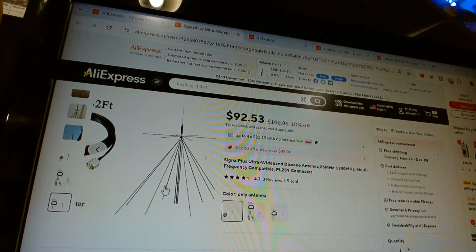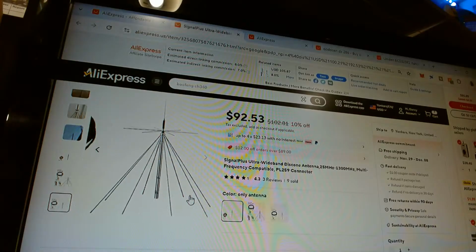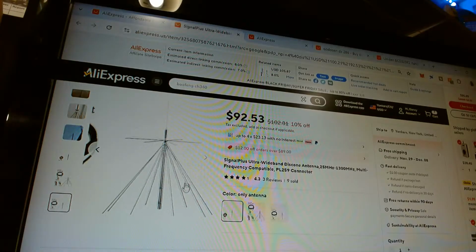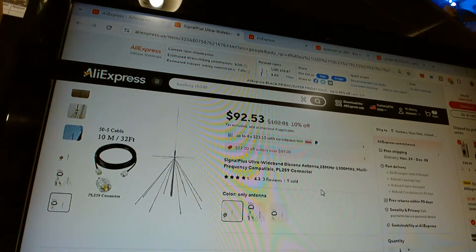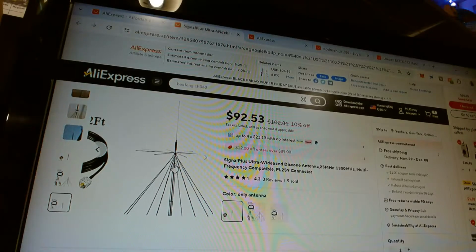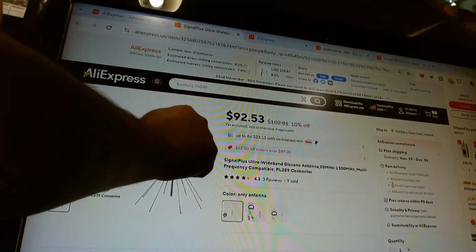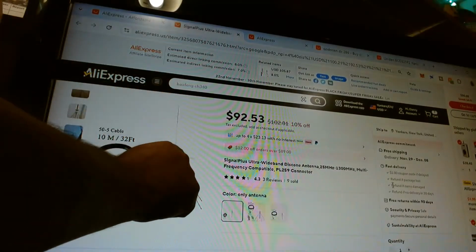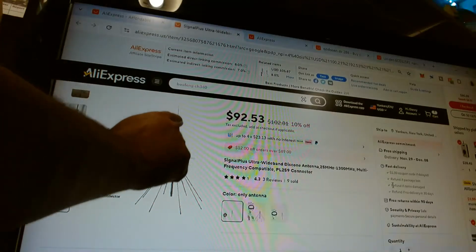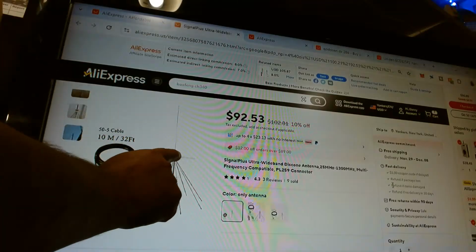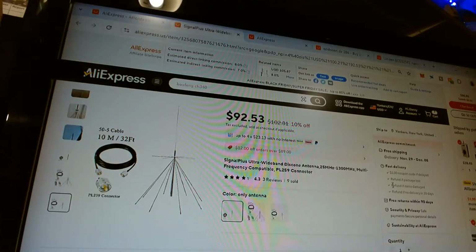So it's a very good antenna for your scanner. I recommend, if anybody has a scanner, get a discone. Get one of these discones. They usually sell the discone without the CB whip, but I wanted the discone with this whip because that's for the CB band, this right here. So you can listen to CB radio also.